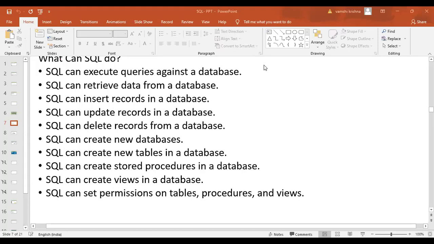I have a question. Do the DBAs use SQL, or is it just knowledge we should have? Can you please repeat it again, ma'am? What I'm saying is, we are the business analysts, so do we use SQL, or is it just knowledge we should have? You should have knowledge towards understanding what a database is, because in a company you can have MySQL, you can have SQL, you can have Oracle. No matter what, you should have that knowledge to understand this. And we are using one of the tools, that is SQL.